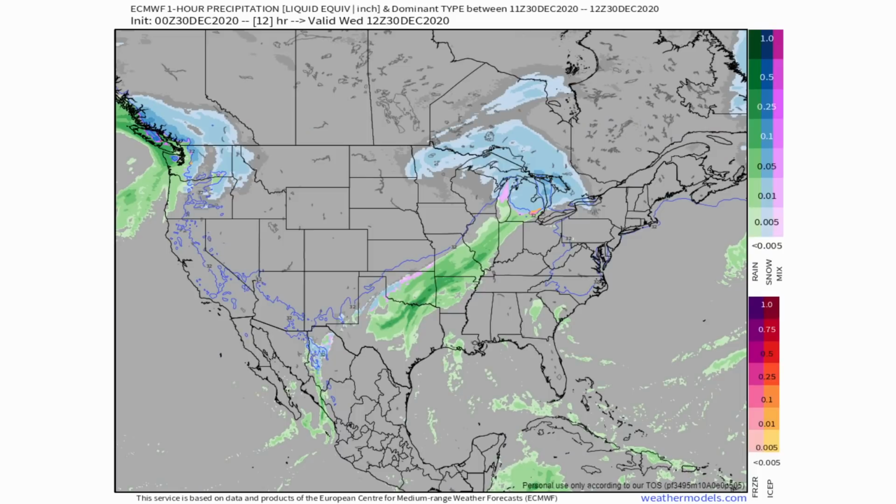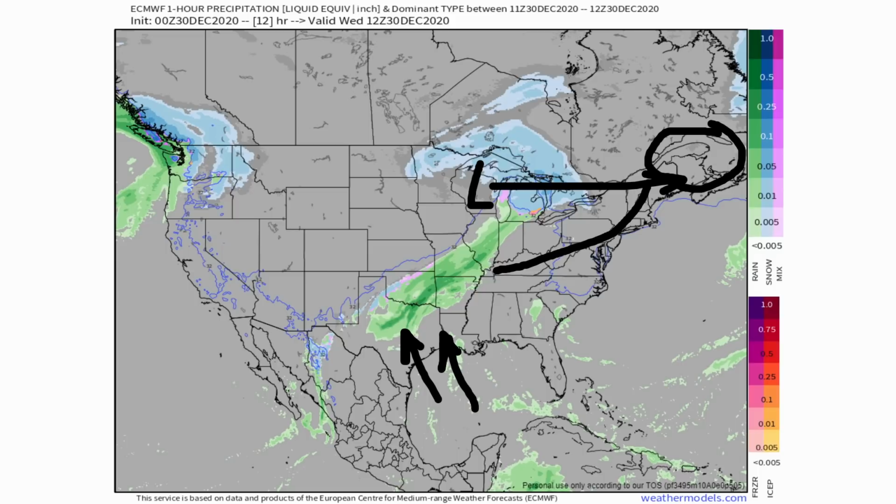Here's what the current European model is showing, and let's play this through for you guys and break down what is going on within this model and what it's showing with this storm. So we have this first lead system out to the north that's going to head further to the east. It's going to end up somewhere right around here, and what that's going to do is drag along a cold front like this, and then we're going to see all of this moisture that's pulling out from the Gulf of Mexico lead to some sort of low pressure forming right along Texas. This low pressure is going to head further to the north, be intercepted by this cold front,